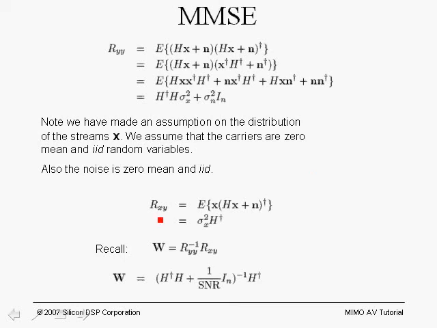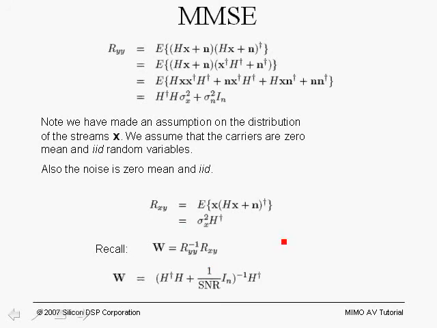Now, if we compute the expected value for the cross correlation Rxy, again substituting for y, notice that since n is zero mean white Gaussian noise for each receive chain, then of course the expected value of x times n is 0, and we get that Rxy is equal to sigma x squared H Hermitian. Recall that